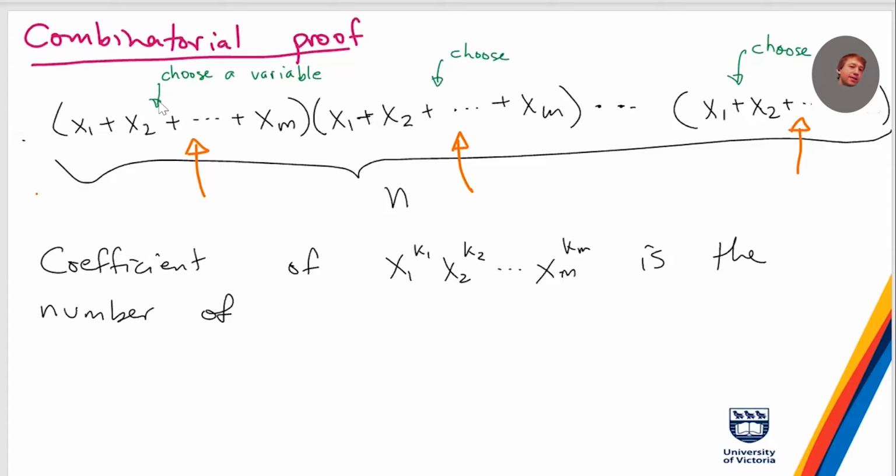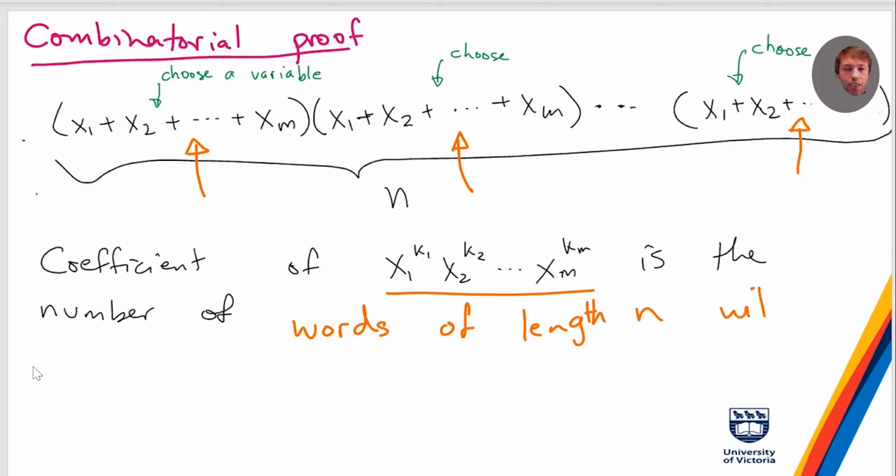It's basically the same as saying I pick a letter for the first one, thinking of x1 up to xm as letters, pick a letter for the second, all the way up to the last. Once you've written the word, you can collect up the factors which are the same. So if I've got 5 x1s, I can write that as x1 to the power 5. Once you collect all the terms together, the coefficient of this thing is going to be the number of words of length n with k1 x1s, k2 x2s,